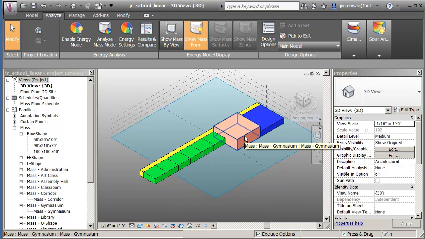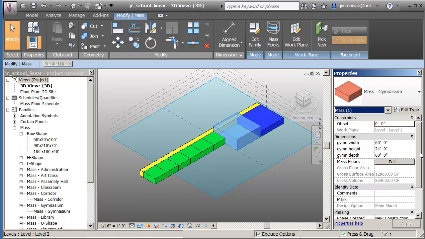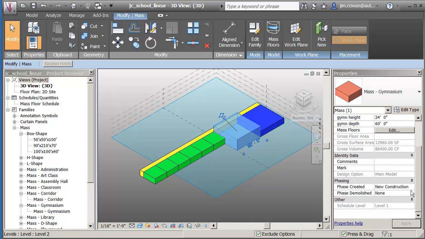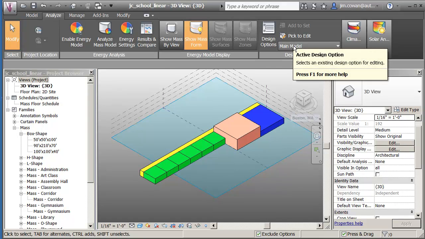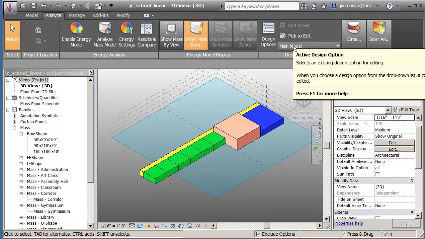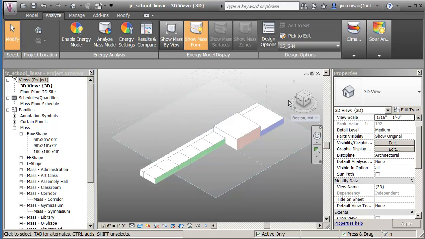If I select any of the mass objects and look in the properties, I'll see that at the moment it is assigned to the main model. So the main model itself, being at the top of the display tree as it were, is always displayed. If I go down and pick any of the design options below it, like say the 05,